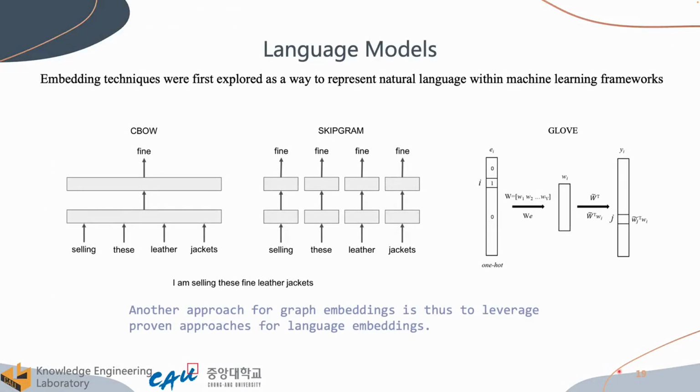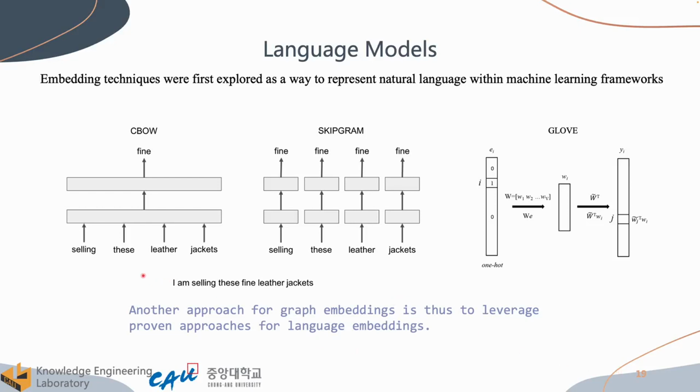And next, we're talking about language models. Embedding techniques were first explored as a way to represent natural language within machine learning frameworks. Word2vec and GloVe are two similar approaches. Both compute the embeddings for words based on large corpora of text such that words used in similar contexts have similar vectors. And word2vec uses neural networks